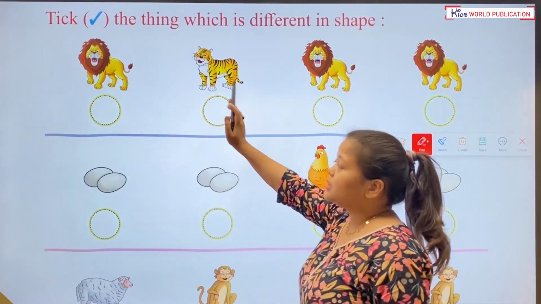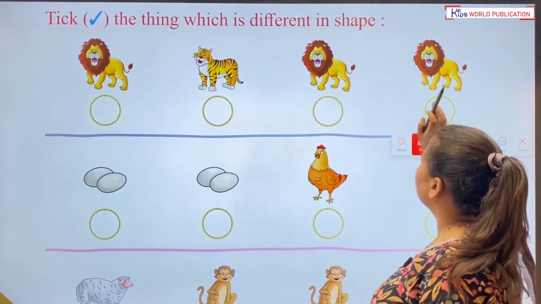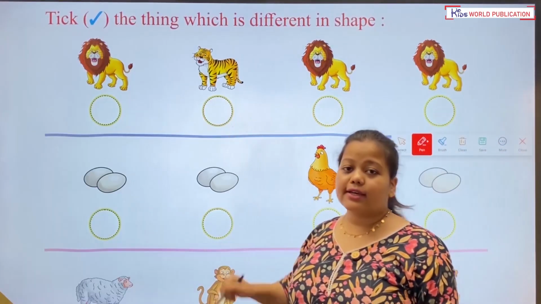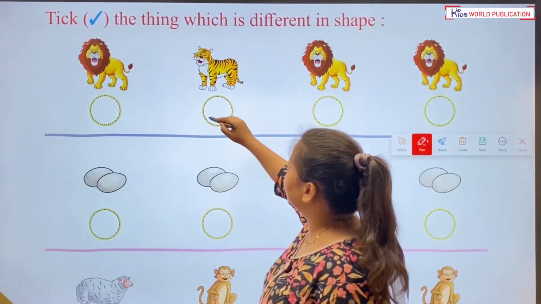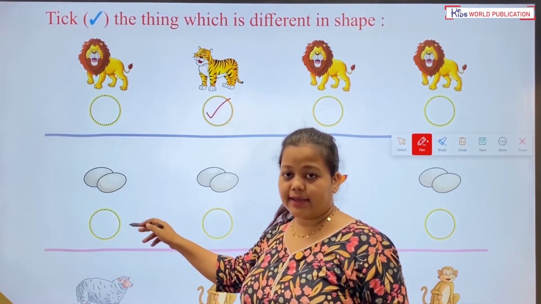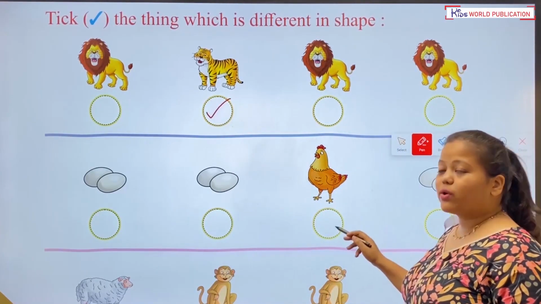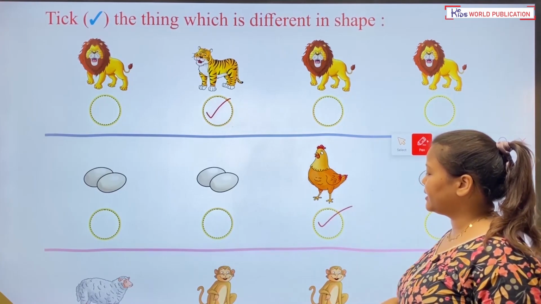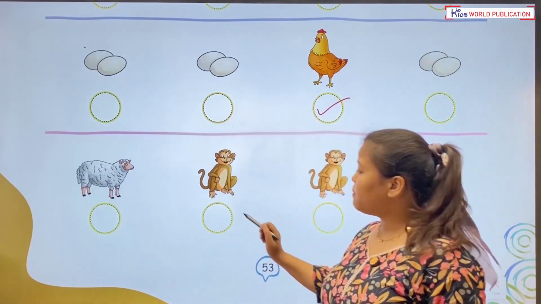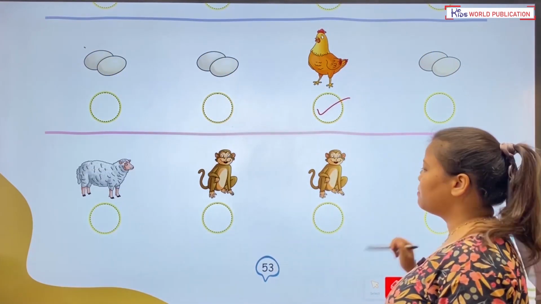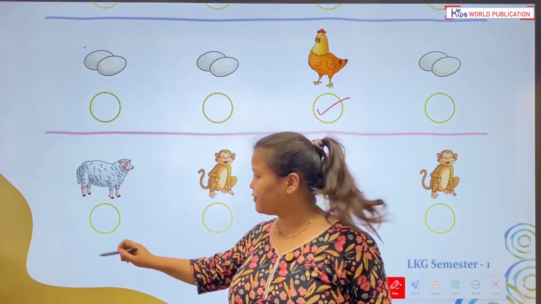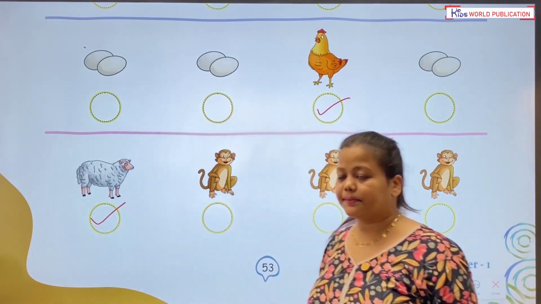Lion, tiger, lion, lion. So tiger is different, we will tick it. Egg, egg, hen, egg. So hen is different, we will tick it. Sheep, monkey, monkey, monkey. So sheep is different, so we will tick it.